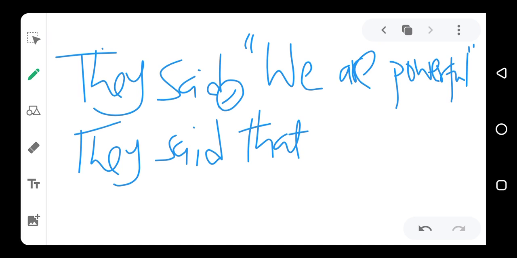This way, we change it to "they." It will take the pronoun in the reporting part. They said that